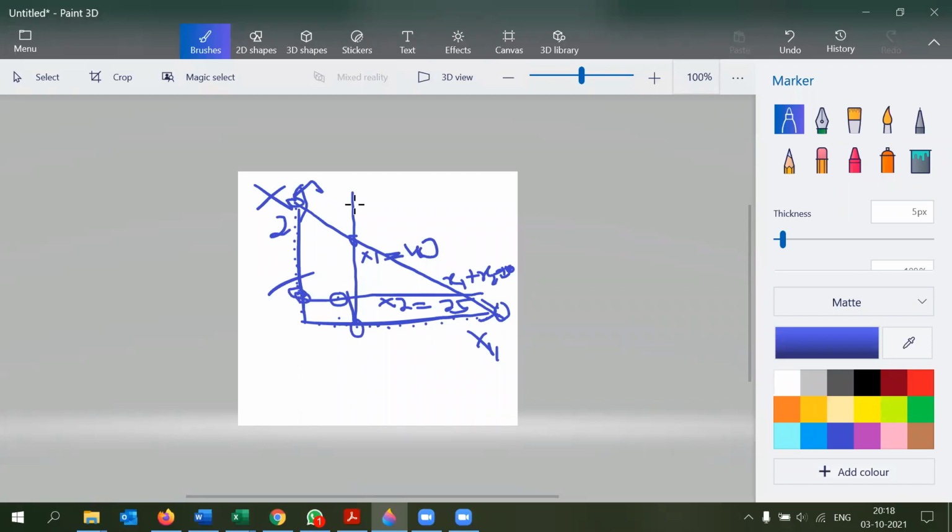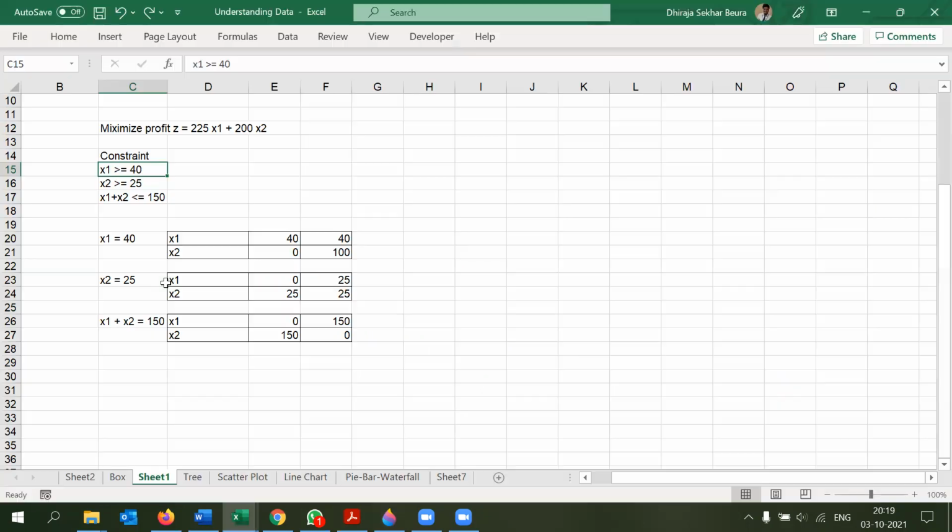Correct. So your feasible region will be this side. What did I say? If it is more than equal to, your feasible region will be the other side. Greater than means it should be greater than the 40 point, or whatever may be the point, right? Exactly, you have got it right. So your feasible region is somewhere around here for this line. Make sense?